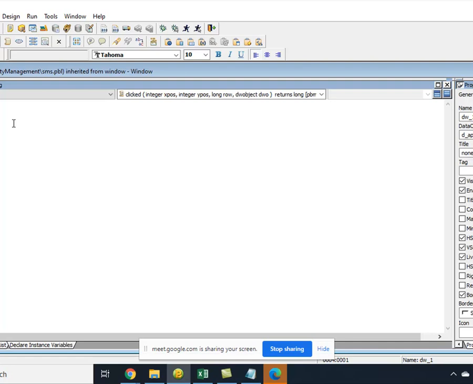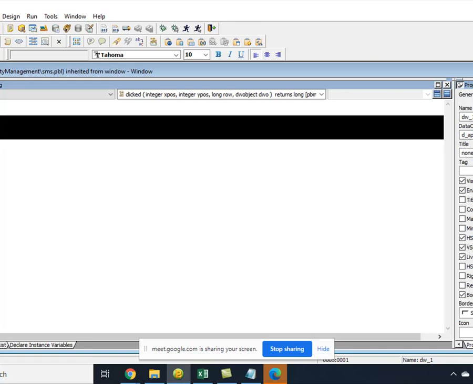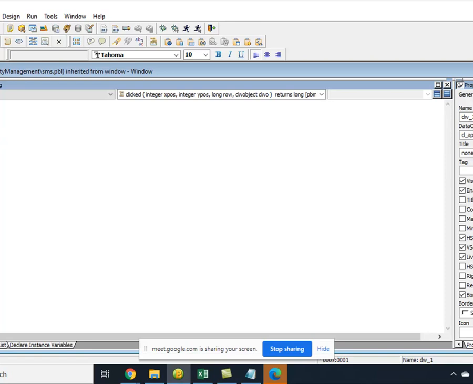There are three functions basically: right, left, and mid. PowerBuilder has given three functions: right, left, and mid. What does it mean? Let's use this left function.